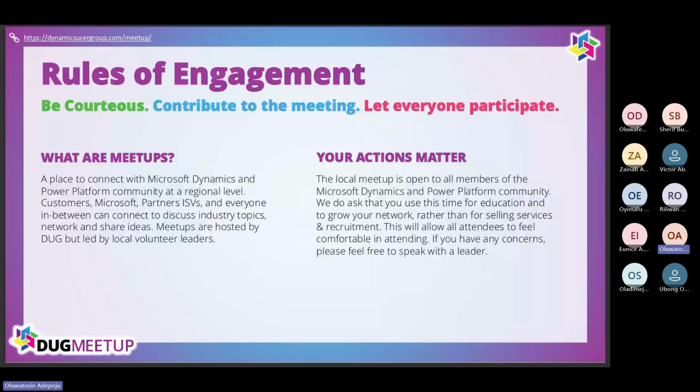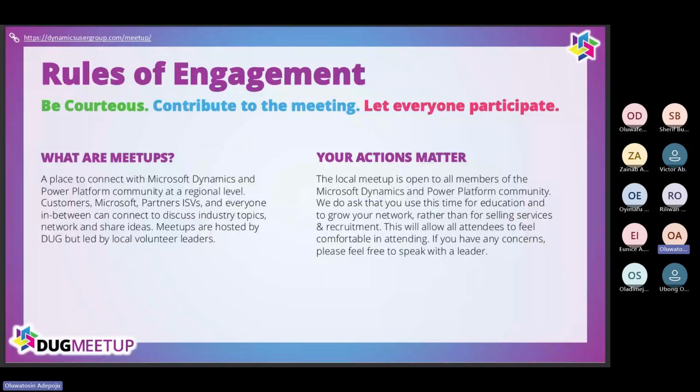So what is our rule of engagement? Our rule of engagement is that we need to be cautious, yes. So this is where we are guided with what we say, and then we are also welcome to contribute during meetings. Be it the physical meeting or the virtual meeting, everybody is welcome to contribute, to bring up their own contribution, and also to participate in any of our events. And that's the reason why our events are open for everyone to attend. Whether you are a community member or you are yet to join the community, you are all welcome to participate in our programs.